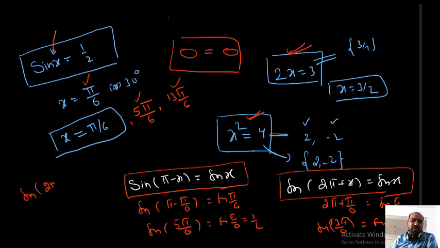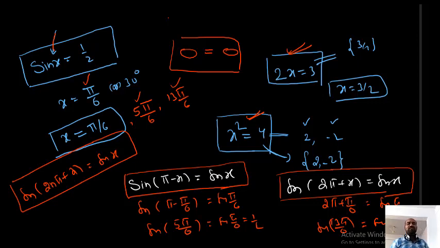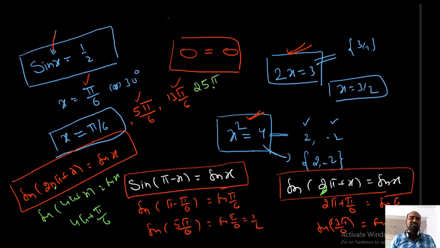Sin of 2n pi plus x equal to sin x only. So this is also one of the important results for us. Sin of 2n pi plus x is sin x only, because sin is a periodic function with period 2 pi. Okay, students. When you write n equal to 1, you will get this. When you write n equal to 2, what happened? Sin of 4 pi plus x is also sin x only. Put x equal to pi by 6: 4 pi plus pi by 6. 6 4s are 24, plus 1, so 25 pi by 6. What is the meaning of that? 25 pi by 6 also satisfies. So on, we will get infinitely many solutions.